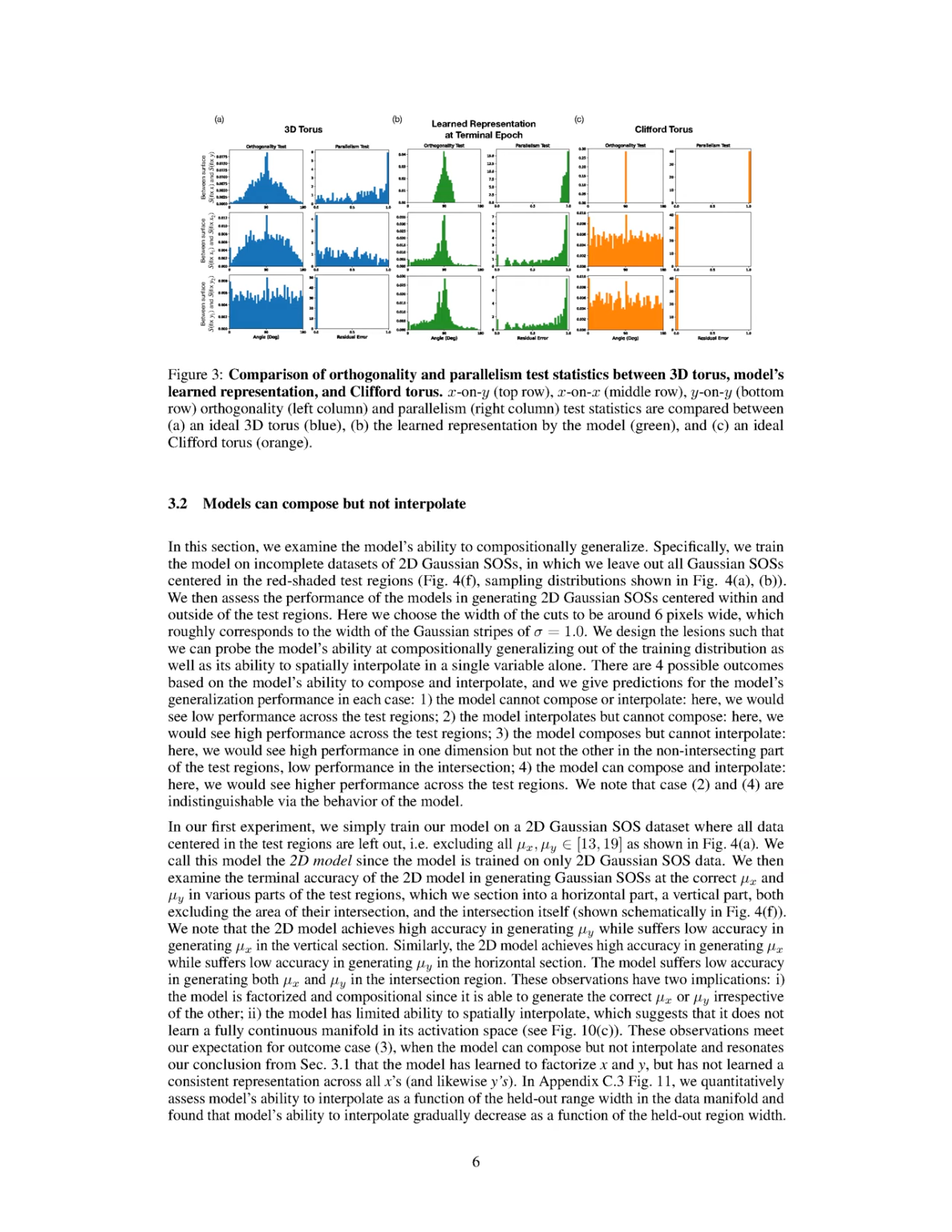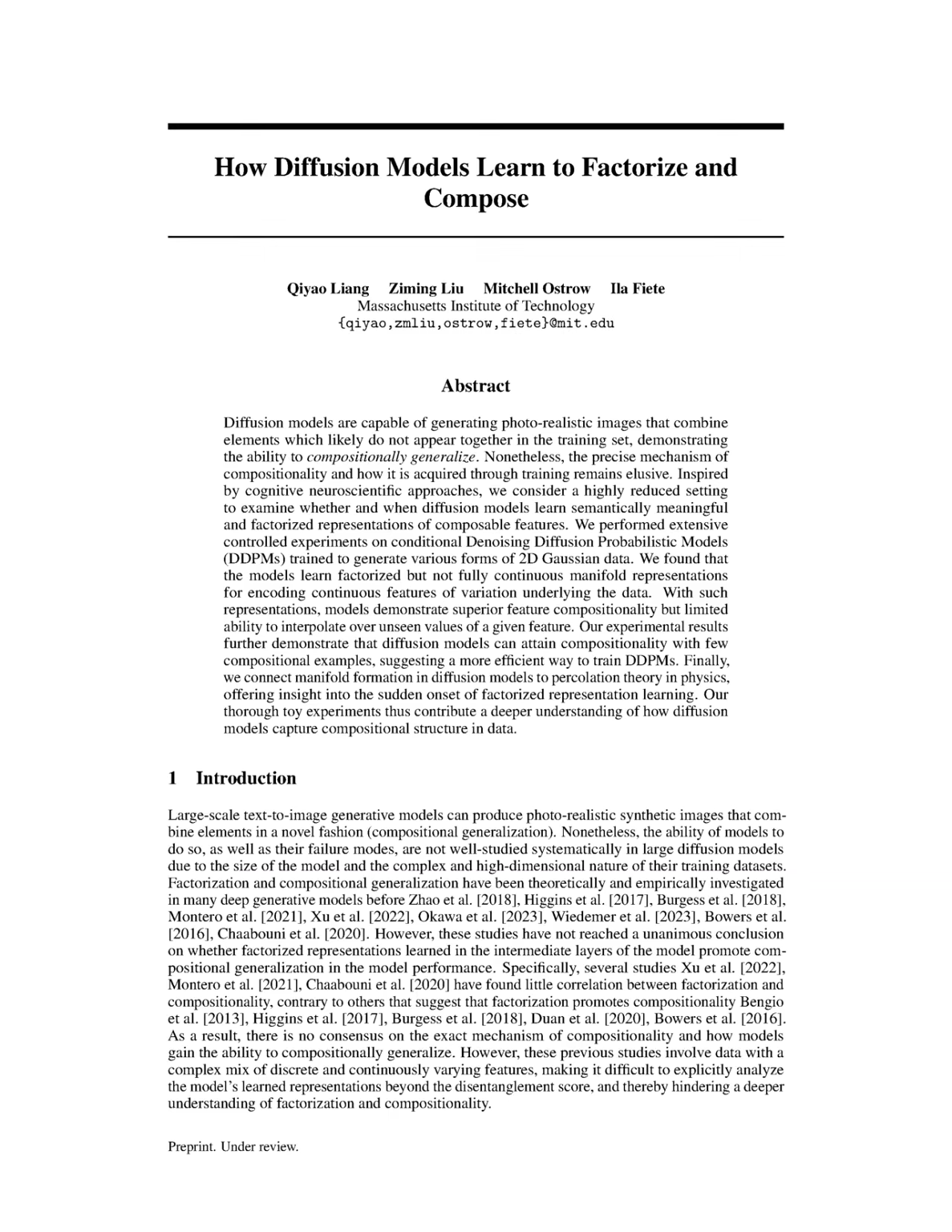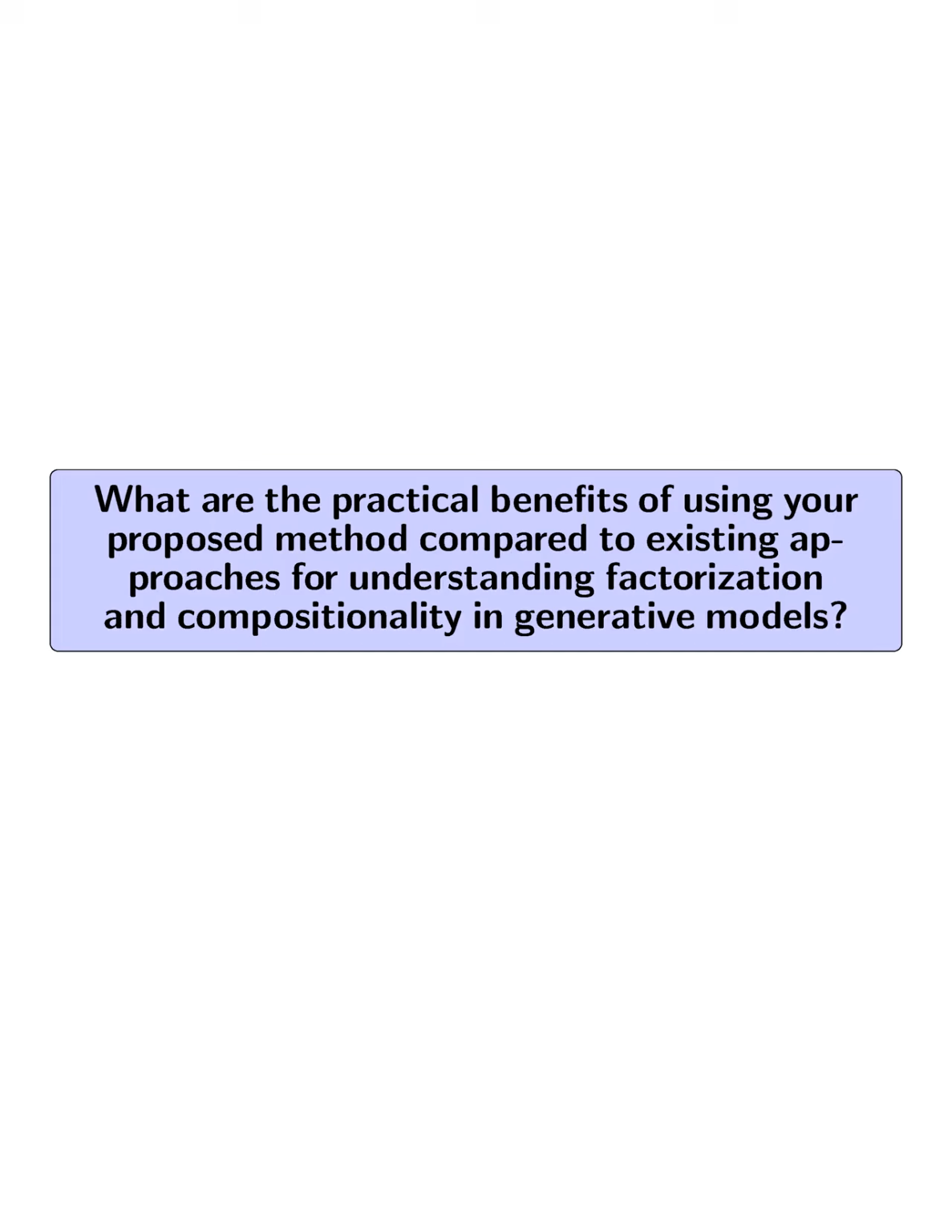directly observed during training. This ability to generate new combinations, like producing a Gaussian bump at a previously unseen coordinate, exemplifies compositional generalization, as the model can create outputs based on the independent features it learned, even when those specific combinations were not part of the training dataset. Thus, the model's performance in generating these bumps confirms its capacity for compositionality, as it can combine learned features in novel ways. What are the practical benefits of using your proposed method compared to existing approaches for understanding factorization and